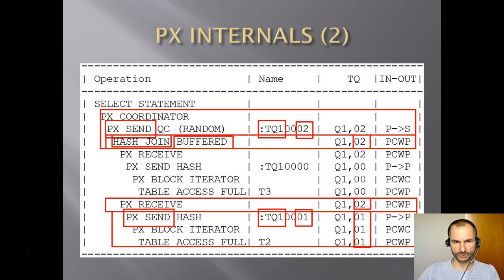With parallel execution, you now have the problem that you have here a send operation, and you would have here a send operation. If we follow this flow, these two send operations would have to be active at the same time, because this would still be producing and consuming data in this parent DFO, performing the join. Any results would be handed over to the query coordinator. This is not possible. These two send operations cannot be active at the same time, and therefore Oracle introduces